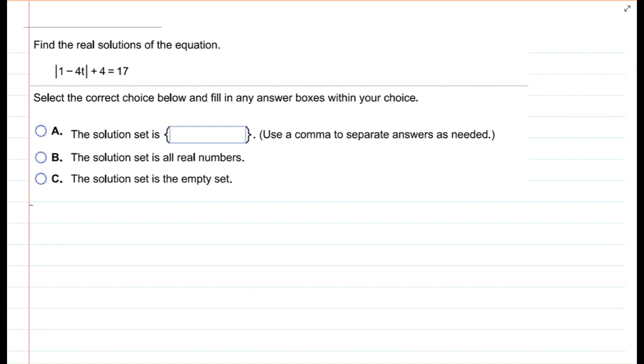Also, use the remainder and factor theorems, Descartes' rule of signs to determine the number of positive and number of negative real zeros of a polynomial function,